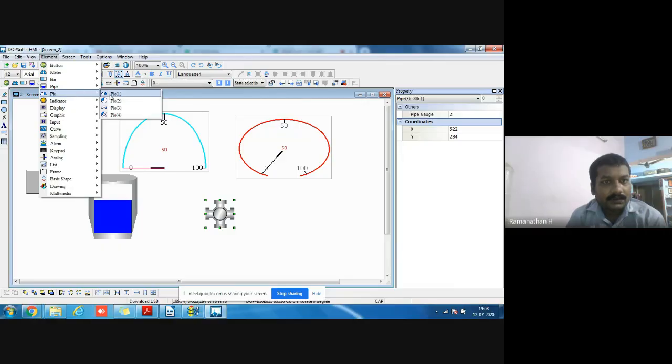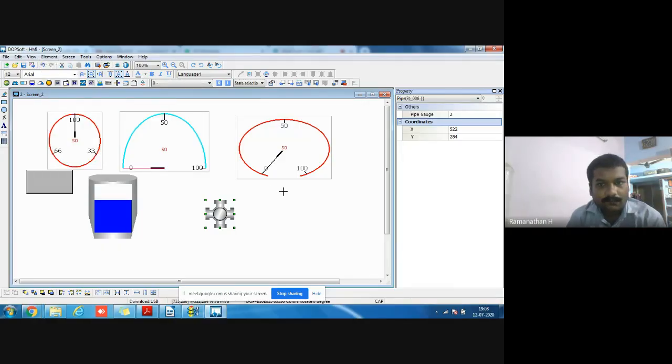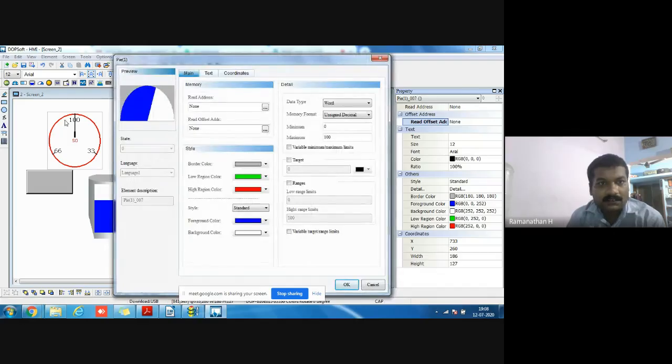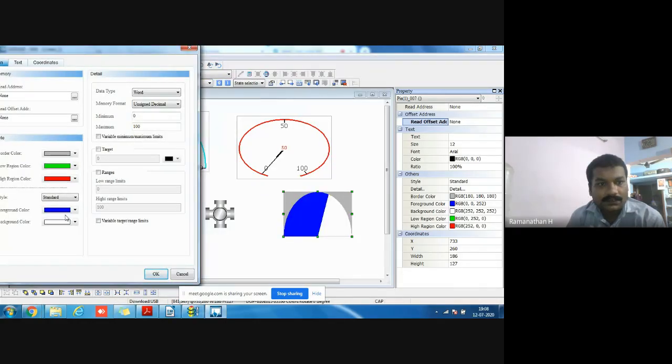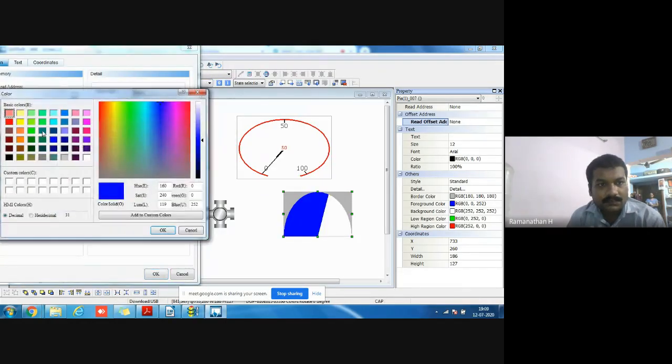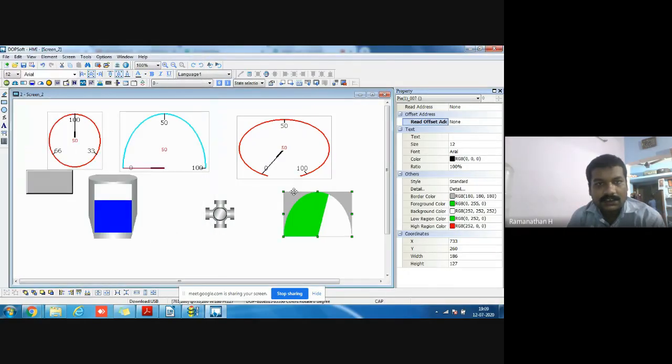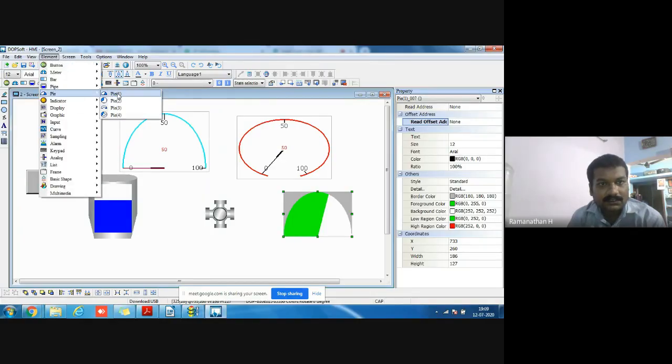Same thing they do for pie charts also. In pie chart, the settings and styles are the same, like this meter. If you want to change the foreground color, you change it. Change it as green. Okay. So these are the various pie charts. It's a semi-circle.